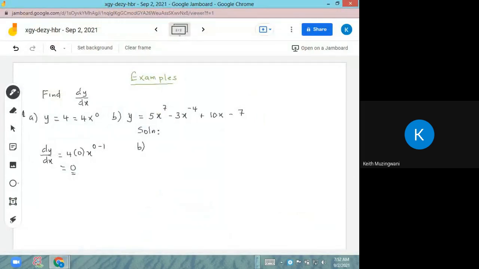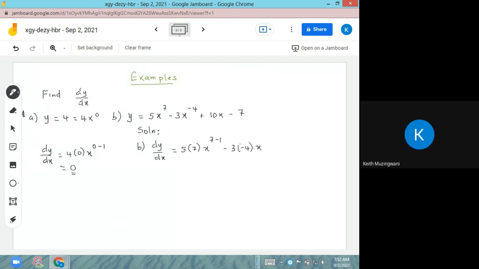And then for b, dy/dx, as usual, 5 multiplied by 7 x to the power 7 minus 1, minus 3 multiplied by negative 4 x